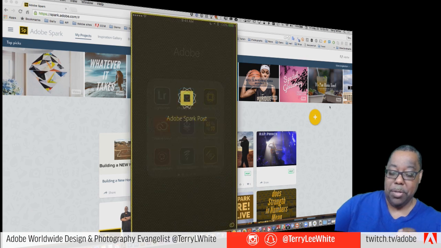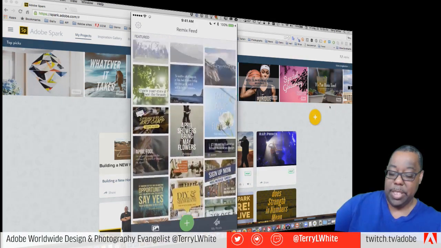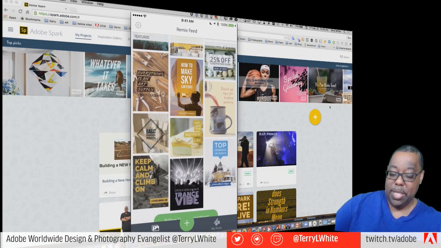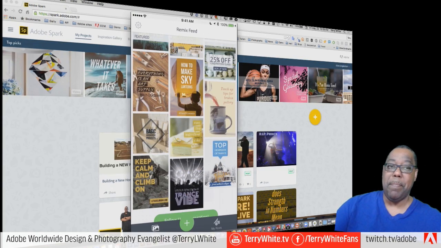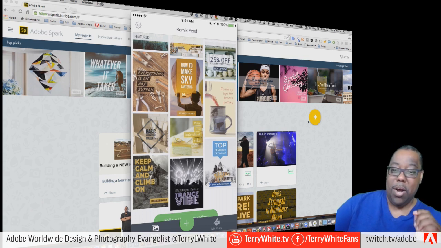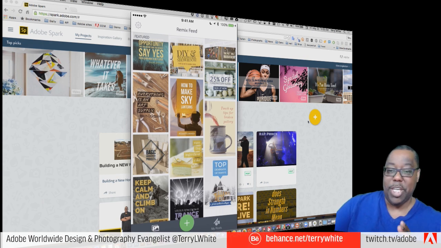So when I go to Spark Post, two things that you can't do on the web. You see all these featured themes and seasonal themes and themes by categories. You can see very simple. As a matter of fact, I'm seeing them right here on the website, right behind this page. But on the app, the advantage here is that not only do I get to see them, but I get to start with them. So if I like this, how to make sky lanterns look, but I want to change the text, I want to change the image, I want to change anything else, I can